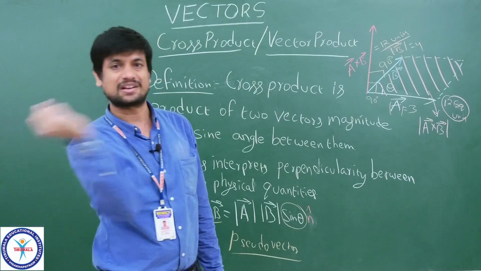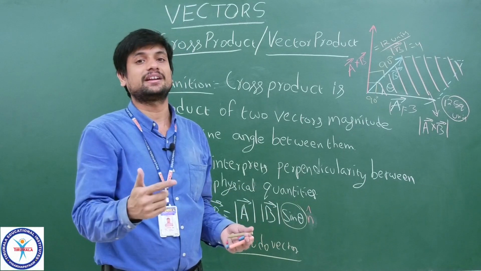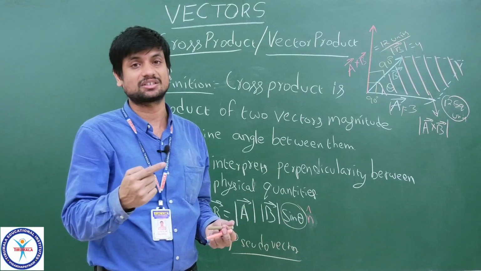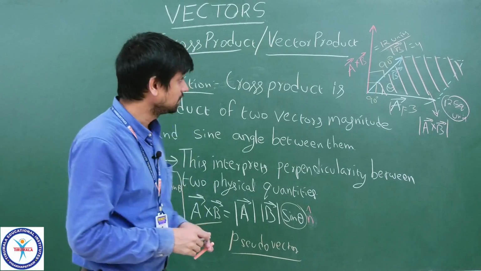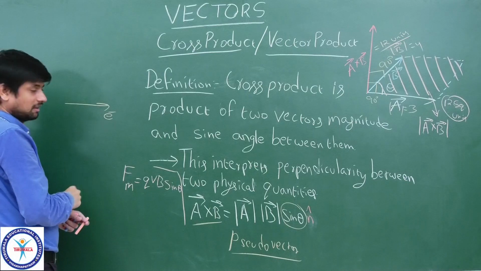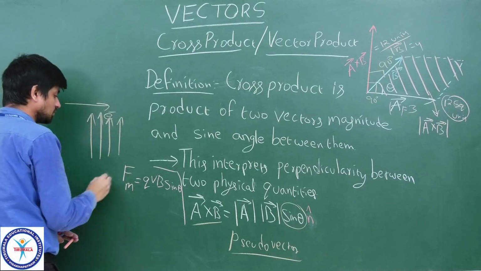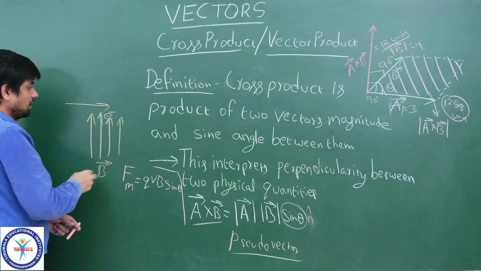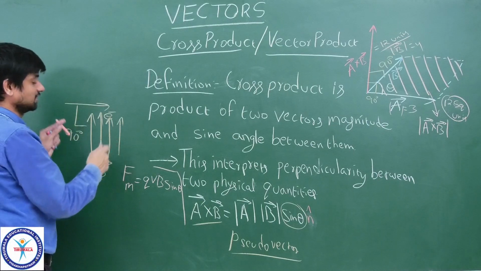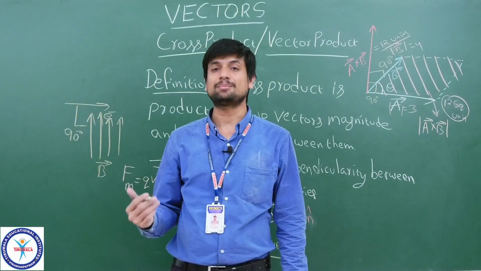So what happens? The electron comes and enters into the magnetic field. From that magnetic field, the electron itself is a magnet, right? Either it will be repelled or attracted. This type of force, the repulsion or attraction, can be more if the electron is going in this way and the field is in this way. If both are perpendicular, 90 degrees, then the force will be more. Did you understand?